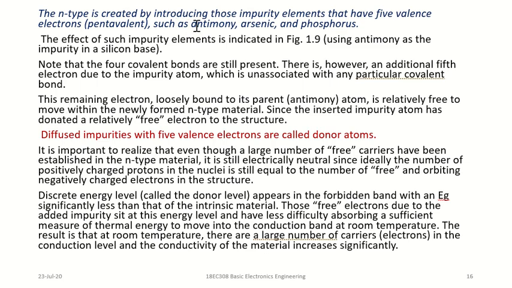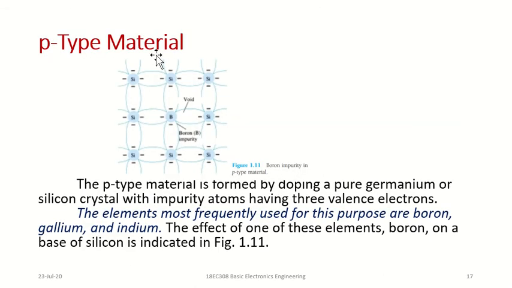As a pentavalent impurity, I can add antimony, arsenic, or phosphorus. These elements have 5 valence electrons and are called pentavalent elements. Pentavalent elements contribute to the n-type semiconductor. That fifth electron is called the free electron. This n-type impurity is also called a donor impurity because it is donating an electron. Each atom will contribute the fifth valence electron. Then we move into p-type material.